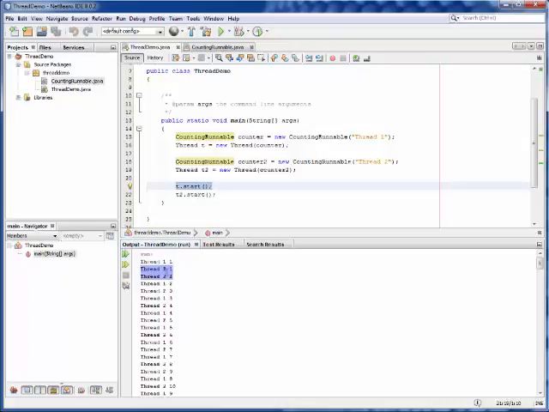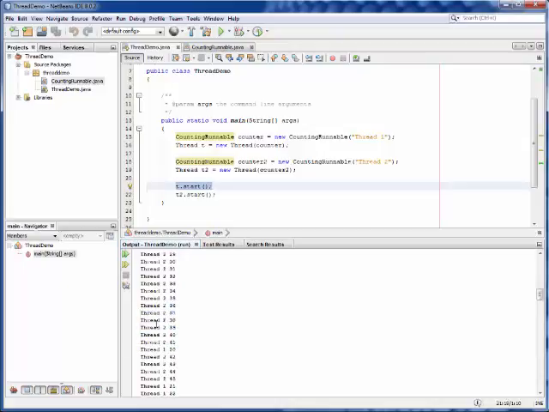It prints out 1 and 2. Then thread 1 gets its turn to print out number 2. And then thread 2 gets its chance to print number 3. So you can see it's actually bouncing back and forth quite a bit to get started with here. It just keeps bouncing back and forth. Thread 1, thread 2. Oh, and then at some point, the Java virtual machine decides to give thread 2 a